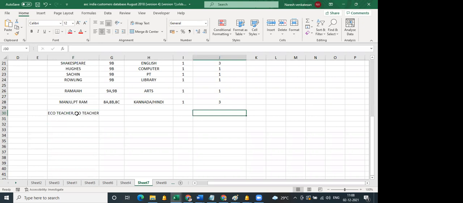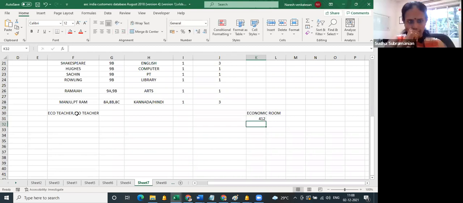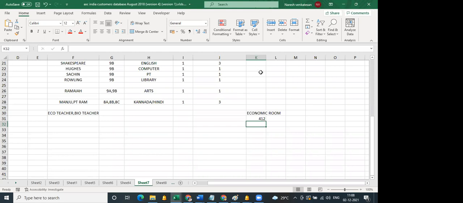So you add one more column for classroom and you mention it as economics room. Or if the room has a number, you mention it as 412, whatever it is. And if it is without a classroom, you just leave it blank.